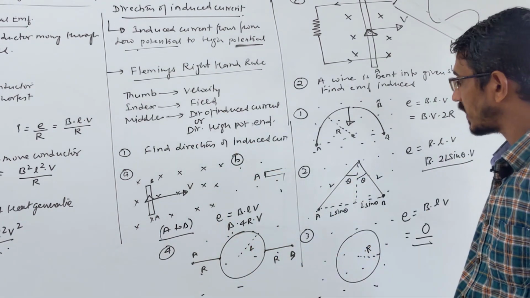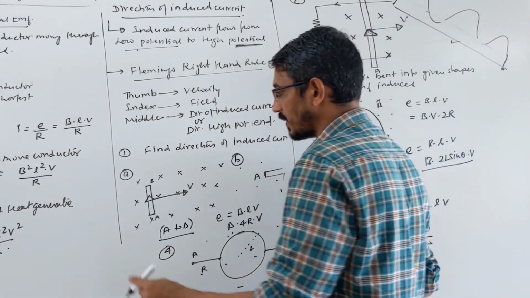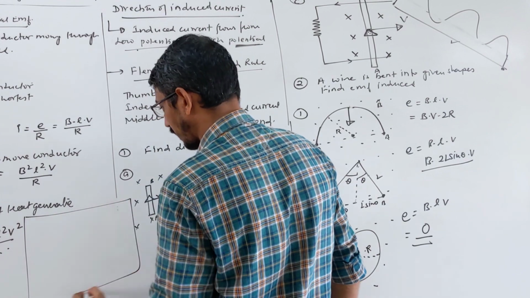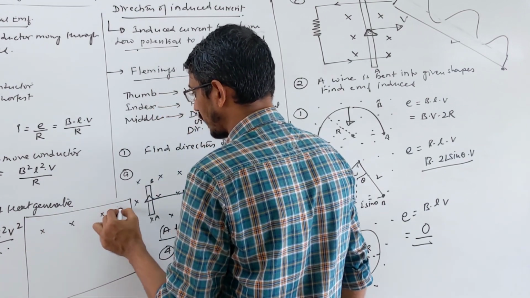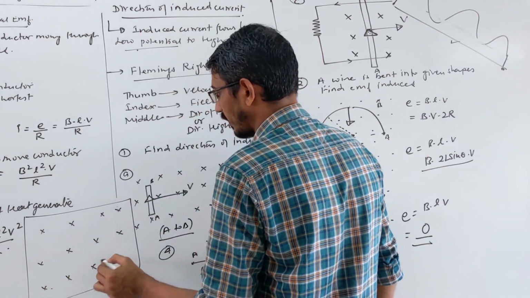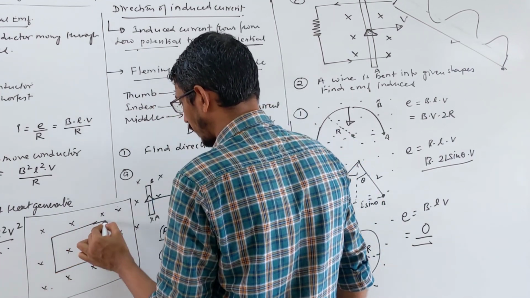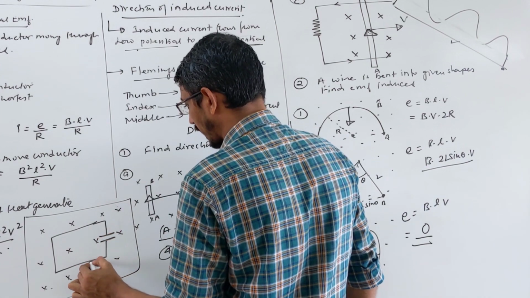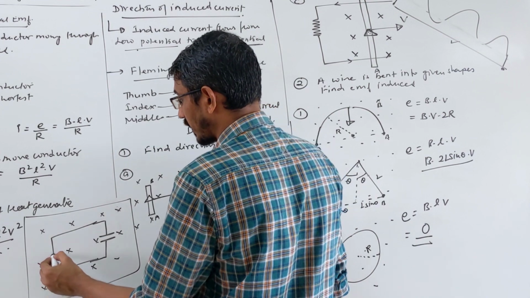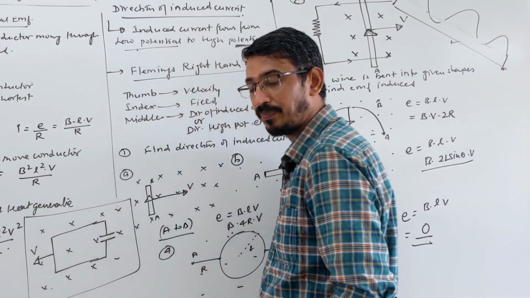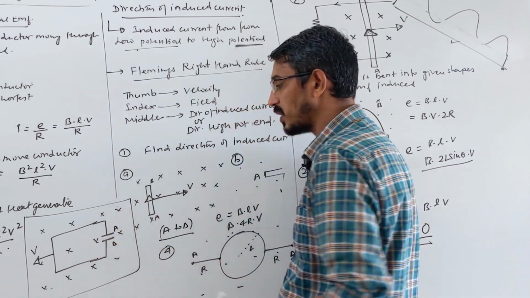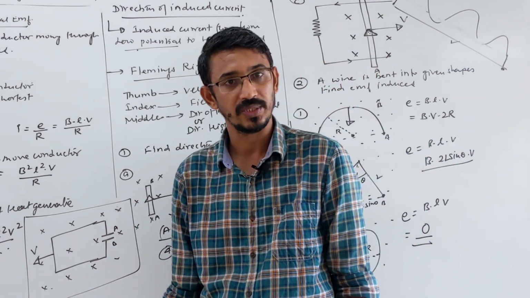Once a question was asked about a capacitor. They said that there is some field. Let me draw some field here. This type of field is given, an inward field, and they said a capacitor was given to you. This is a capacitor connected this way, and this loop was moving in some direction, let's say towards direction P. Then they said two plates were given, plate A and plate B. Say which plate is positively charged and which plate is negatively charged.